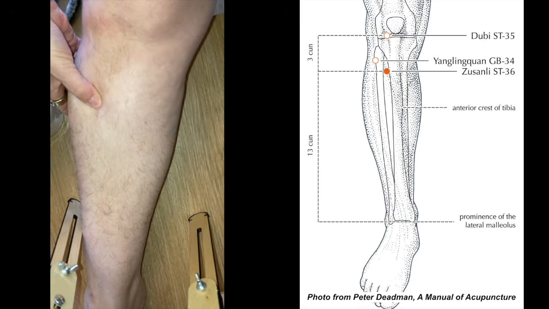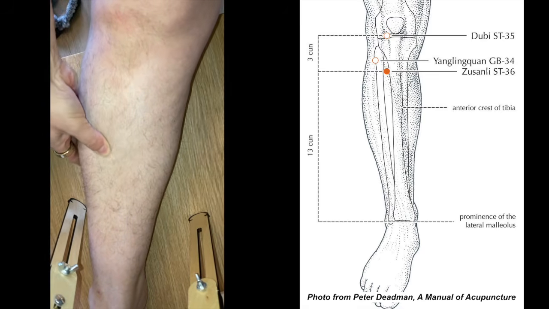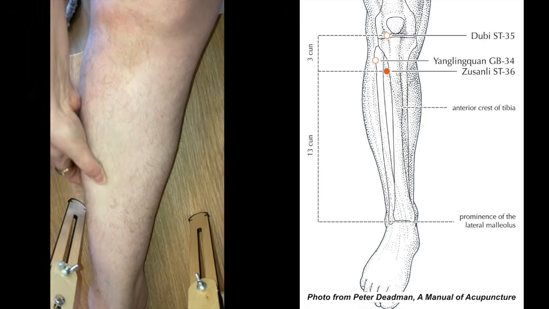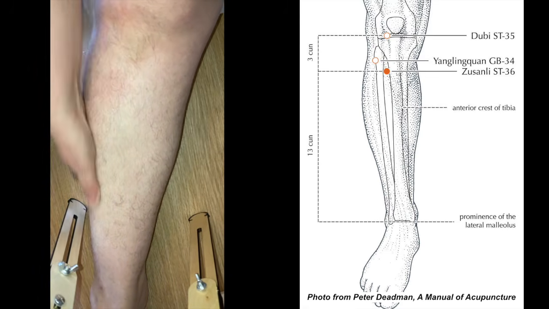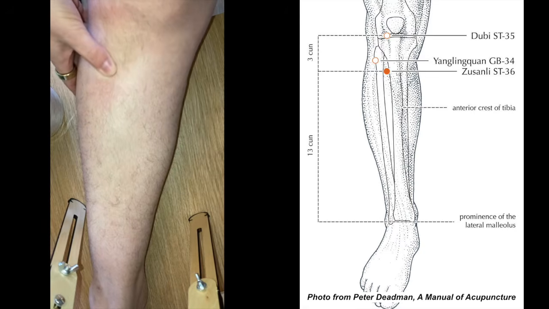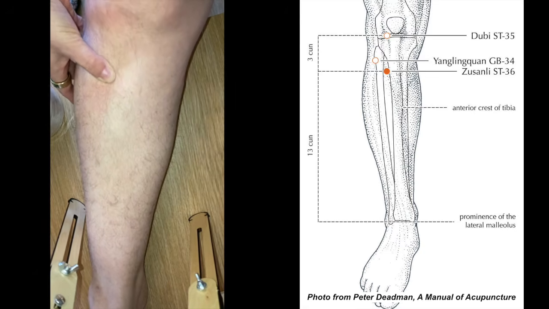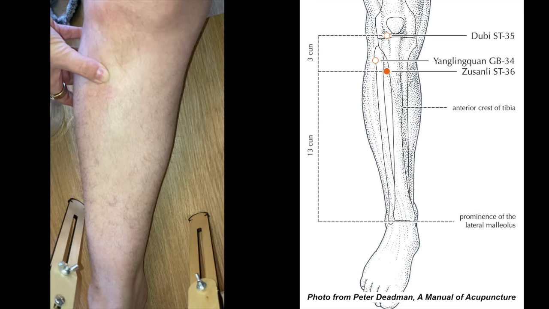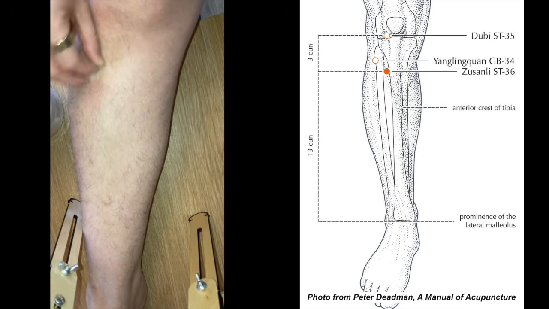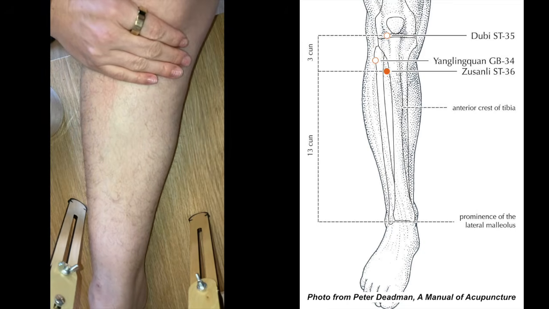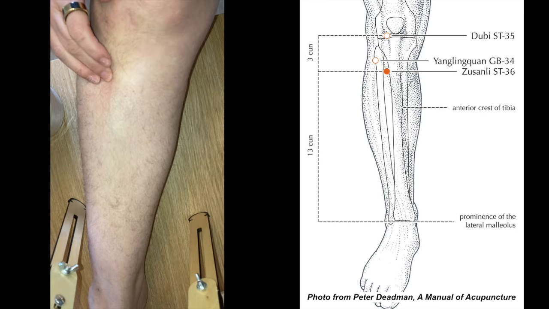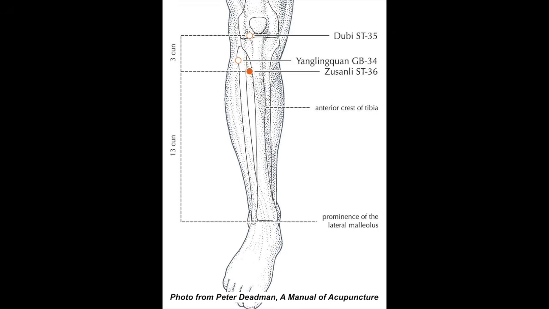That's stomach 36. And I actually like to sort of massage my stomach channel from that point all the way down the shin bone, on just the outside of the shin bone, all the way down to the ankle. So right below the knee down to the ankle, and you'll get a lot of good points on the stomach channel. So that's kind of how I like to activate that, but the point itself is actually right there, just we call it fourth zone, but it's just that one hand breadth right down from those indentations below your knee. And that's stomach 36.